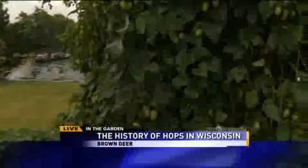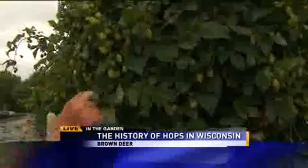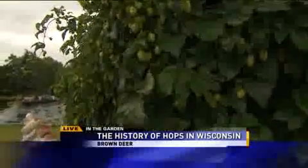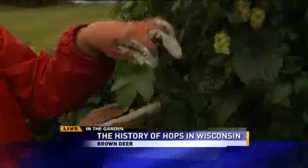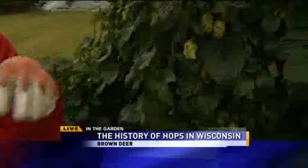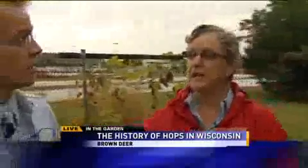This is native, and it's important to know which is which because there is also an invasive. The native has 3 main lobes on the leaves, and if you look at the majority of the leaves, especially younger ones like this one, you can see 3 lobes. Pretty obvious, yeah. Okay. 5-lobed is the Japanese hops, and that is an invasive that gets into our natural areas, and